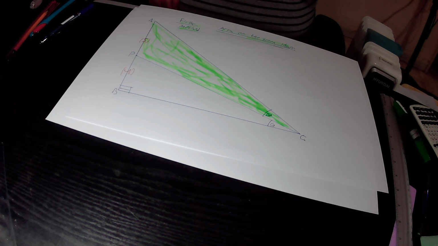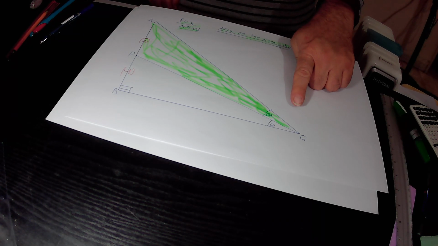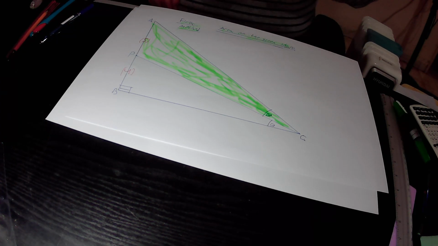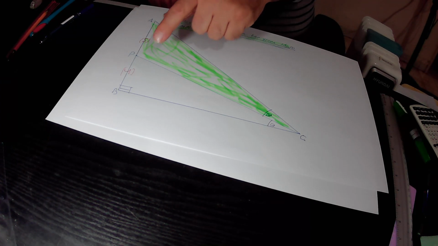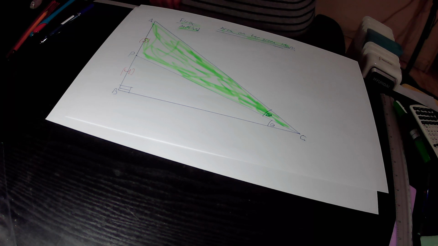So in the drawing, we have the big triangle ABC. This is the right angle. Angle ACB equals 2 theta. AP equals 5. PB equals 4. Again, our task is to find out the area of this green shape. That is actually the area of triangle APC. So first of all,